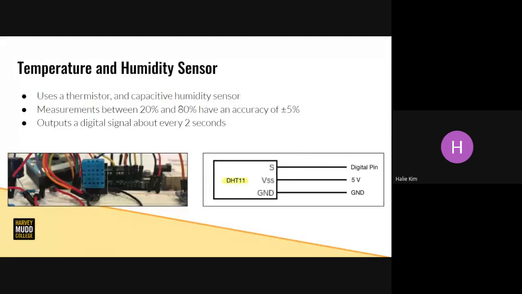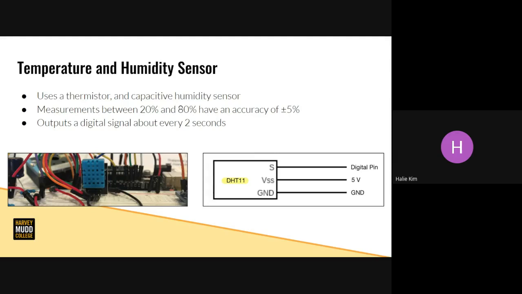The temperature and humidity sensor we used was the DHT11, which also came in the kit. It uses a thermistor to measure the temperature and a capacitive humidity sensor to measure the relative humidity, and rounds both to the nearest integer in degrees Celsius or relative humidity percent. The code that we got from the DHT11 open source code reads in data every 2 seconds. And so we use this to collect data from all of our sensors every 2 seconds for the entire 24-hour